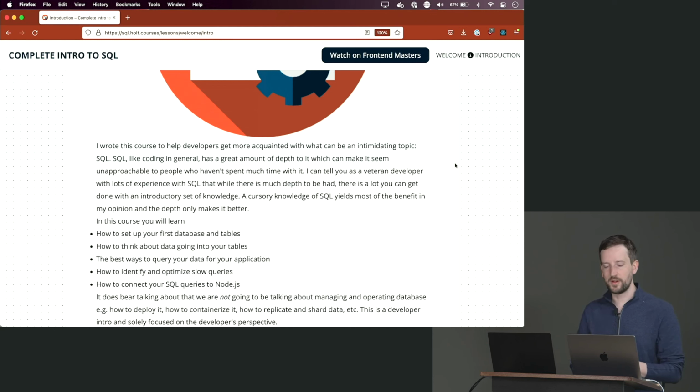I'm trying to get you something really, really practical. And that's one of the first points I want to hammer on. This is a course for developers. I'm not going to teach you how to replicate. I'm not going to teach you how to deploy. I'm not going to teach you how to manage instances of Postgres. You want to learn that from a DBA or from an ops person, and I am neither of those. What I am going to teach you today is if you're a developer and you want to write queries to an SQL database, or you need to create some tables, or you need to model some data, that's stuff that we're going to talk about today.